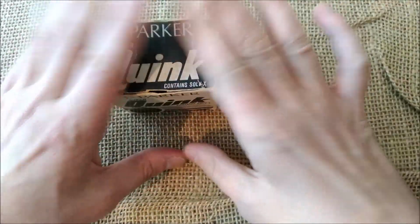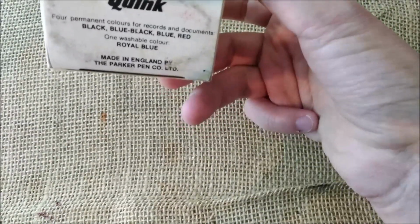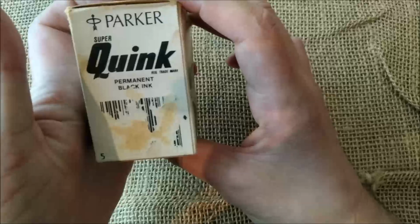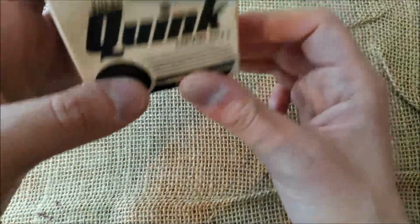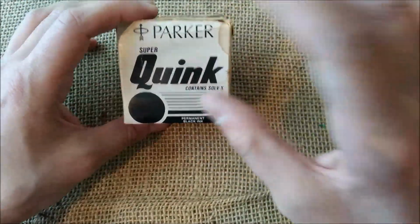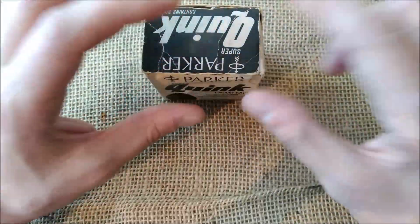So, this is what I had to show you about the bottle. It comes inside these bottles, which are, where is it? 57, it's written somewhere, I don't know where. There. 57 milliliters, and it is also available in cartridges, both the long or the short Parker cartridges, or however, I'm not sure that the short Parker cartridges are still being made. Now, I've shown you the bottle. Let's now see some of the